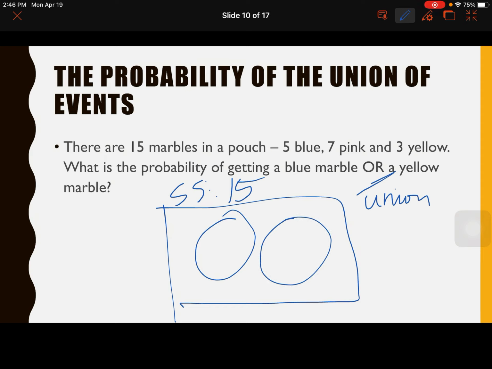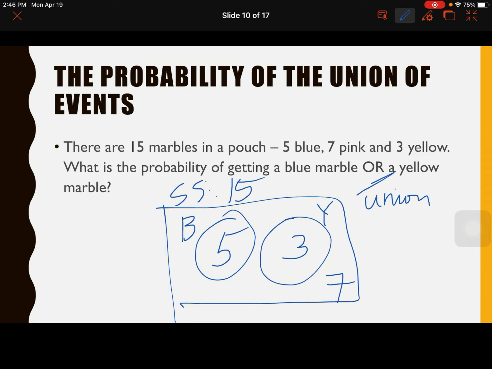So, one will be blue and one will be yellow. And then, ilalagay natin yung kung ilan blue, we have 5. Ilan ang yellow natin? We have 3. Now, may kulang pa dyan, yung pink. Hindi naman kasi siya na-mention dun sa problem, dun sa question na what is the probability, kasi ang hinahanap lang is the union of the blue or the yellow marble. So, what you want is you can just put 7 outside. Okay? Now, ito po ang ating